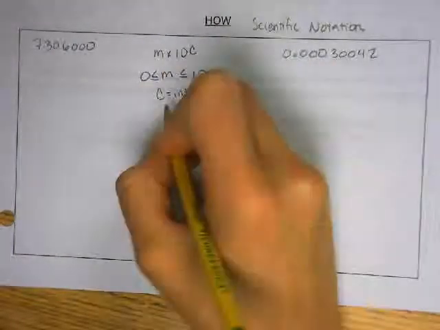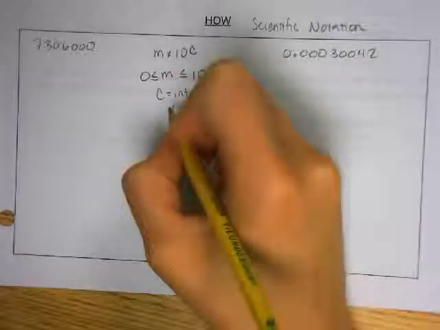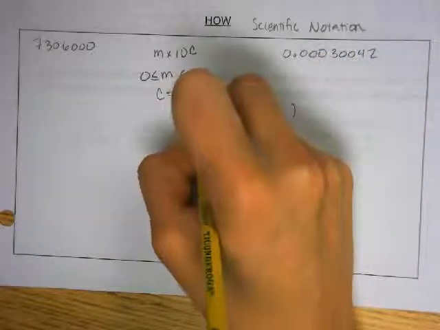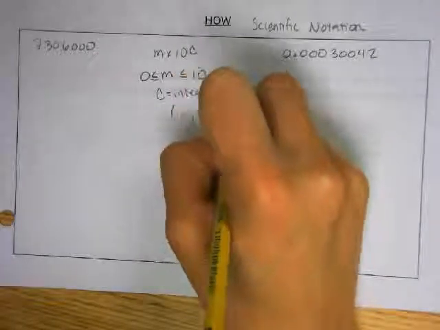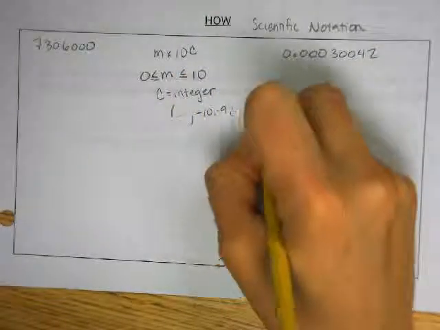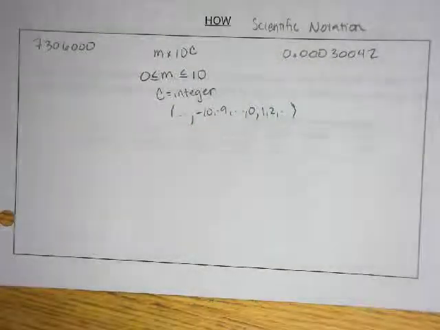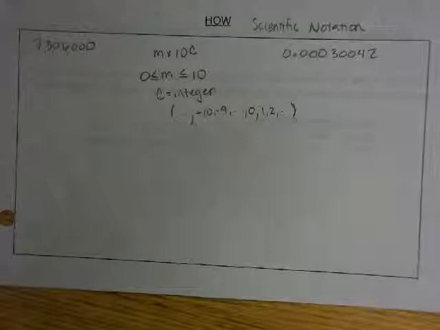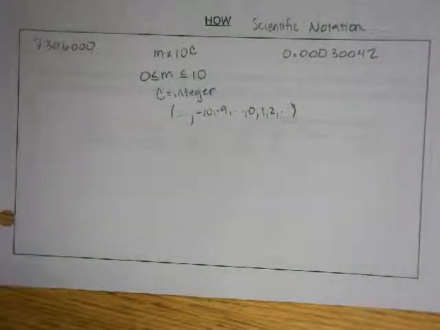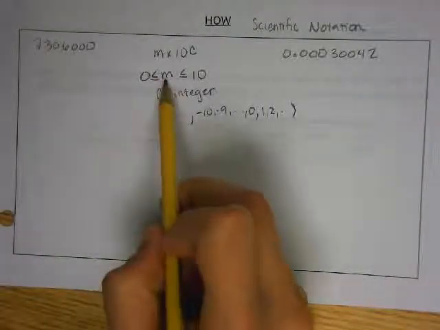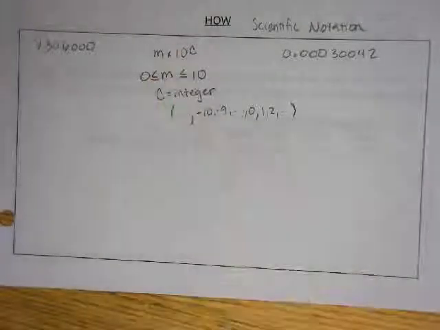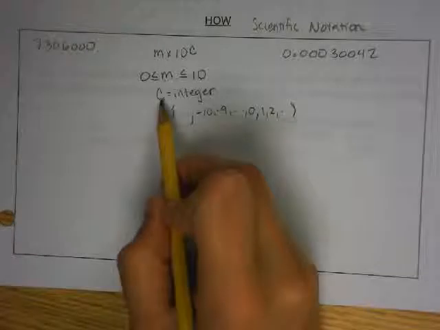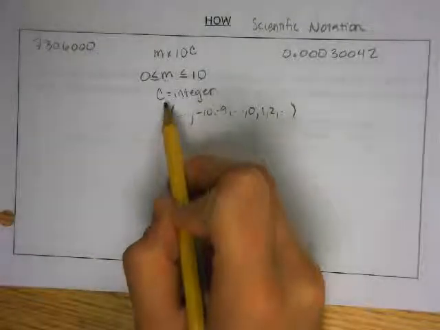So if we remember, an integer means that it could be positive or negative. It can go anywhere from negative infinity, negative 10, negative 9. The integers include 0, 1, 2, etc. Basically, positive and negative counting numbers are integers. And lastly, right now we're only focusing on positive numbers, so we don't want any negative numbers in there. And c is an integer, but it's positive